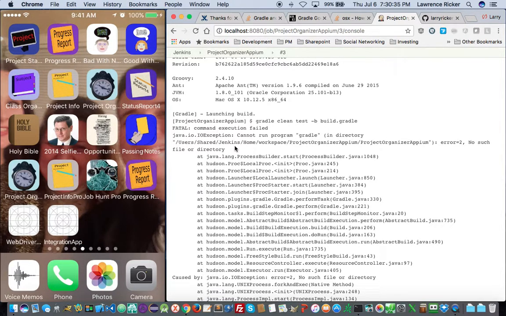Okay, so now it's saying user shared Jenkins home workspace project Appium, project Appium, does not exist. But what we do have is